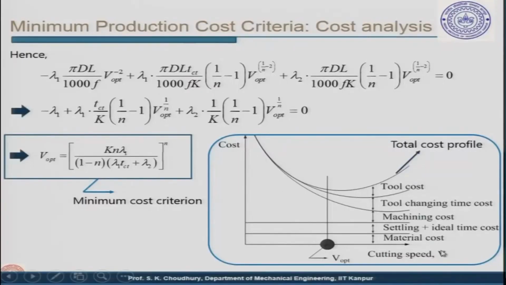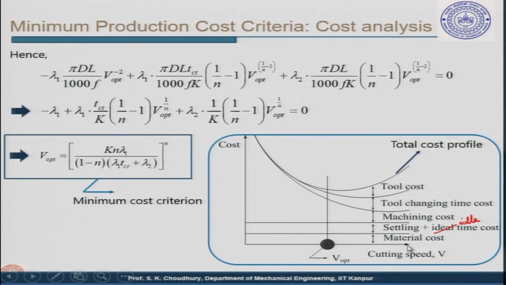So, all those we can plot together to find out the total cost profile. So, that is what it has been done here. Now, this is the cutting speed. With respect to cutting speed, the material cost is constant, it does not depend on the cutting speed. Similarly, settling and idle time cost will also be constant. This is idle time cost. This will not change with the change in the cutting speed,